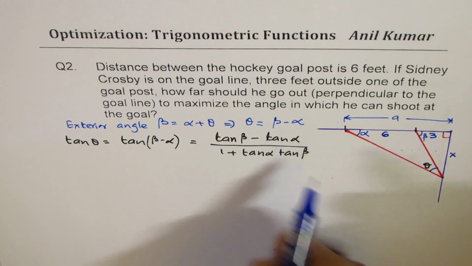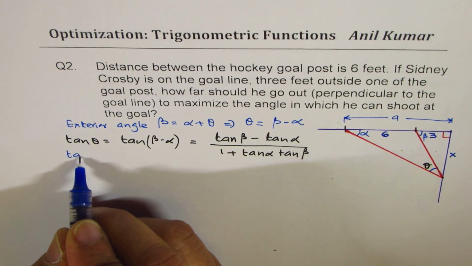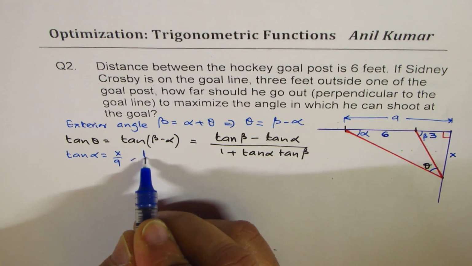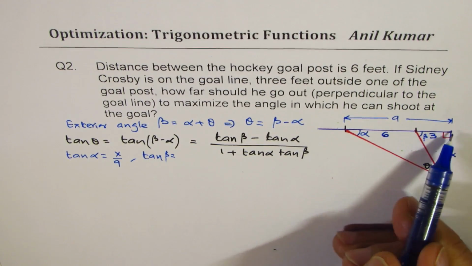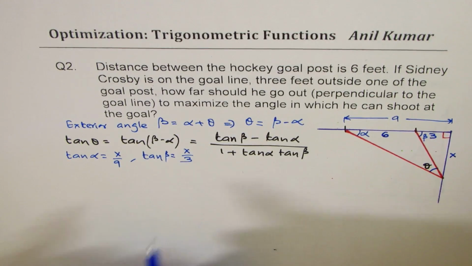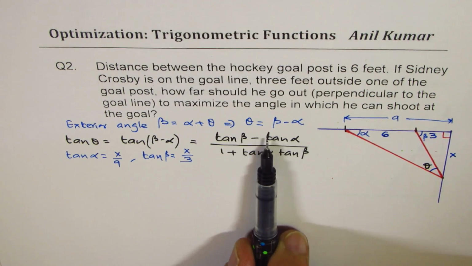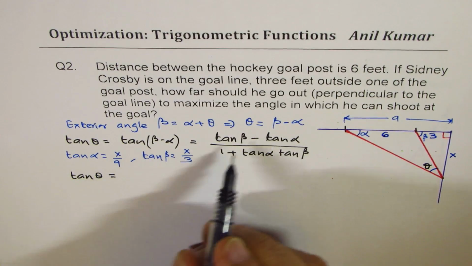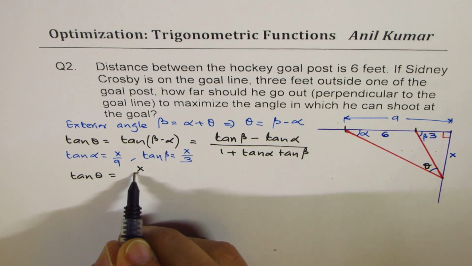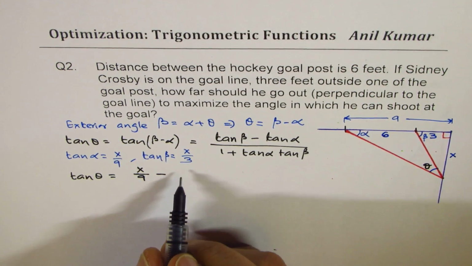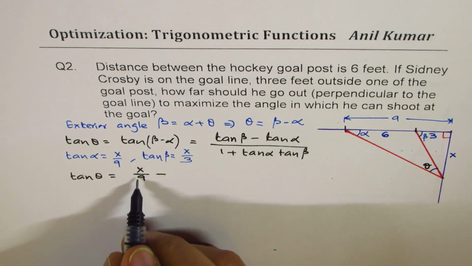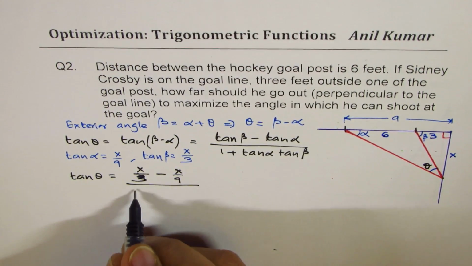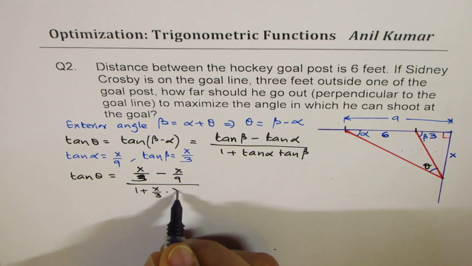So tan alpha is x over 9, and tan beta is the smaller triangle, x over 3. Right? So replace these values here, and so we get tan theta equals x over 9 minus x over 3, all over 1 plus x over 3 times x over 9,